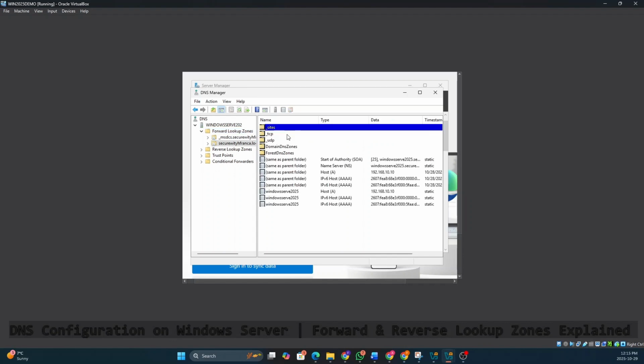So I'll click on this. Once I click on my domain, I have my host A. You can see my host A. I have it. It has to be there. If it's not there, then we'll have to configure that. Okay. So once we are sure that our forward lookup is rightly configured, we go to the reverse lookup and